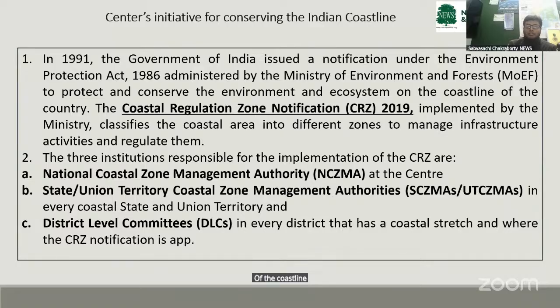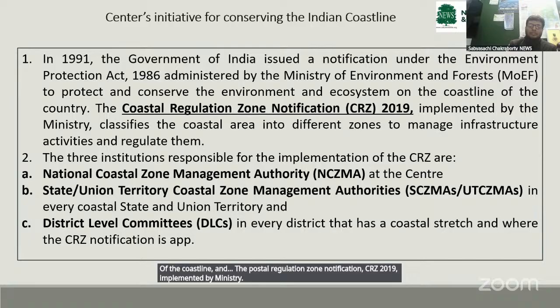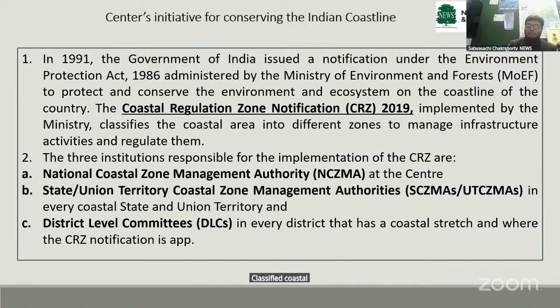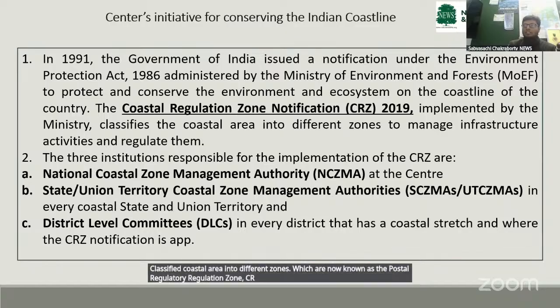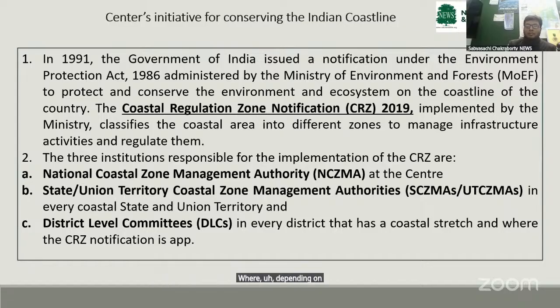The Coastal Regulation Zone (CRZ) Notification 2019, implemented by the Ministry, classified the coastal area into different zones, now known as CRZ1, CRZ2,